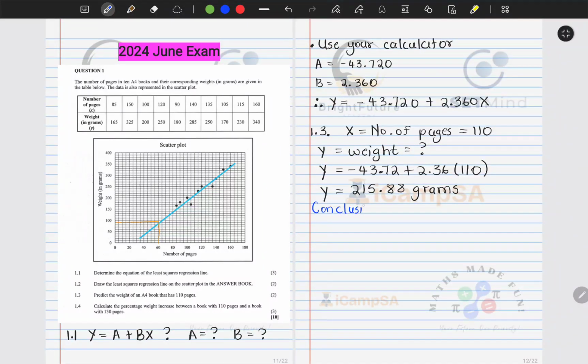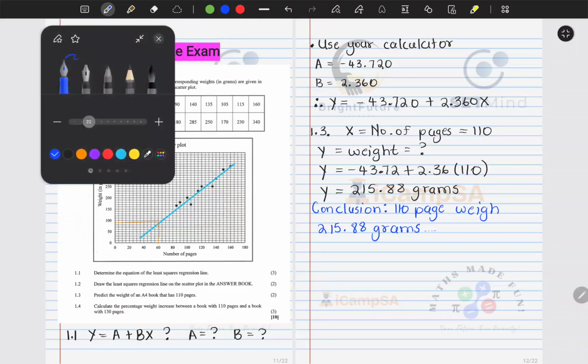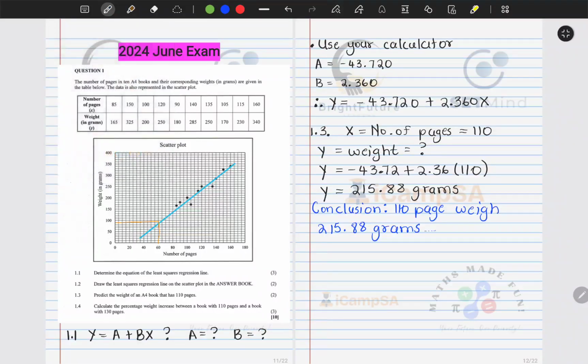So let's quickly put that. Our conclusion is that 110 pages will weigh 215.88 grams. Okay, that is our approximation. And then now let's figure out